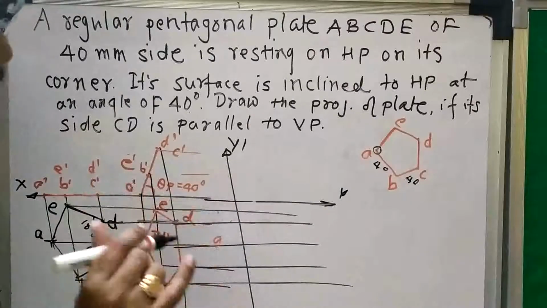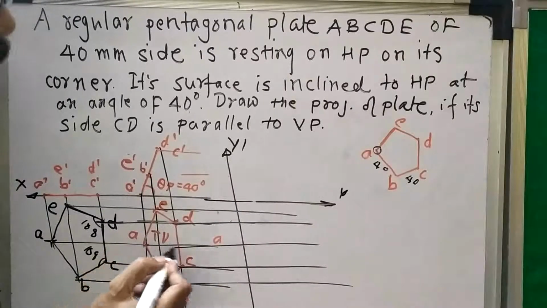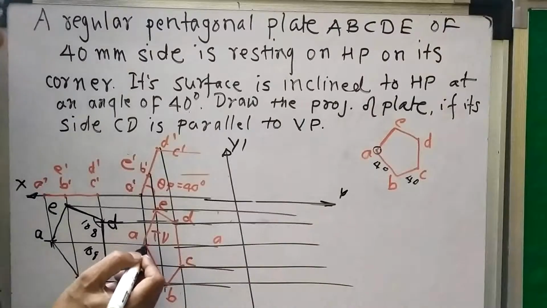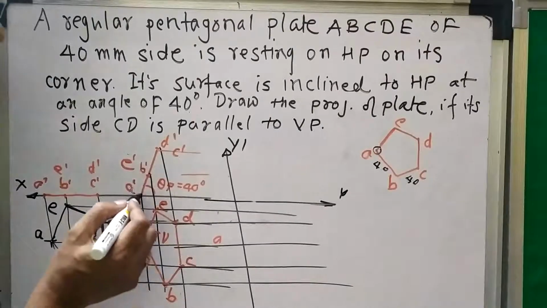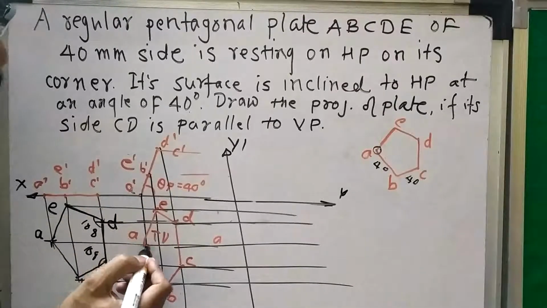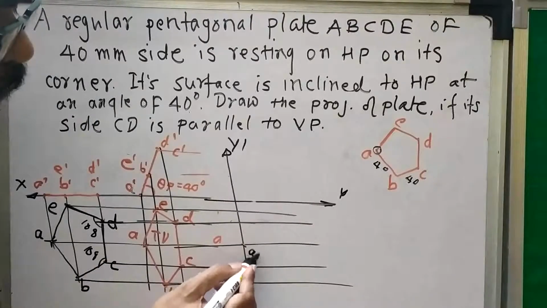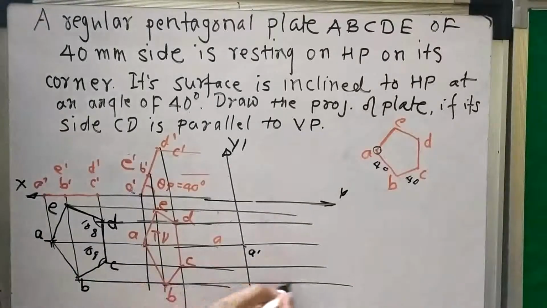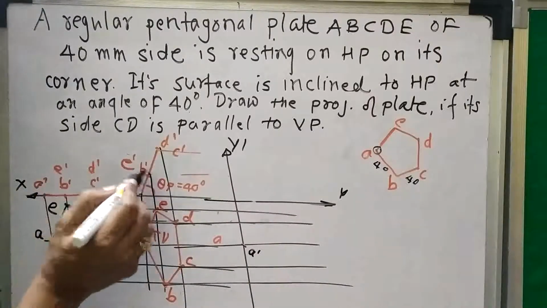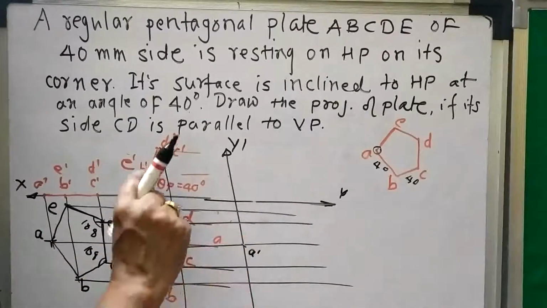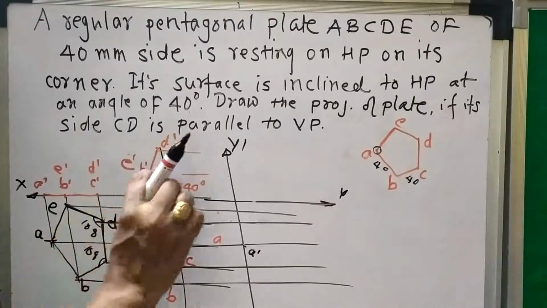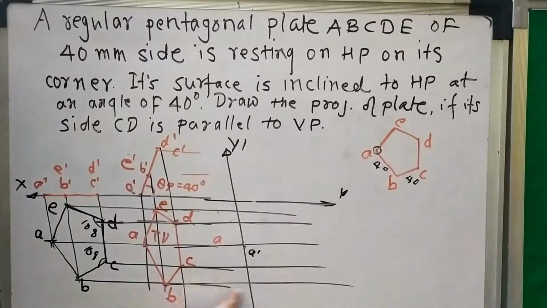For example, what is meant by previous point? Let's take point A. A is projected. The distance of A from its previous point is this, that is A dash. So where is A dash? A dash is on XY. So on this projector, take A dash on XY. B is projected, and its previous view is this. Take this distance of this point from this XY. So in the compass I will take this perpendicular distance from this to this. This distance I will take in the compass, and from here I will mark. So this is my B dash.